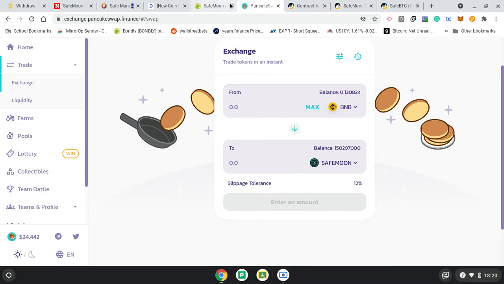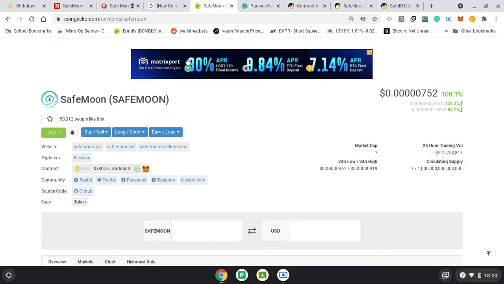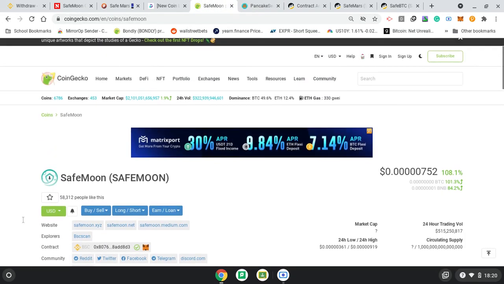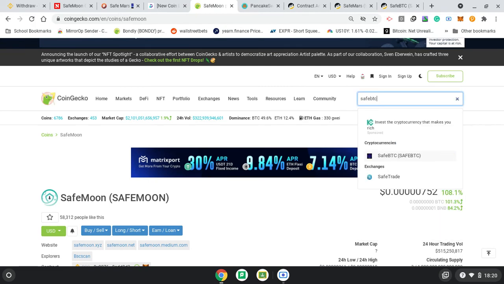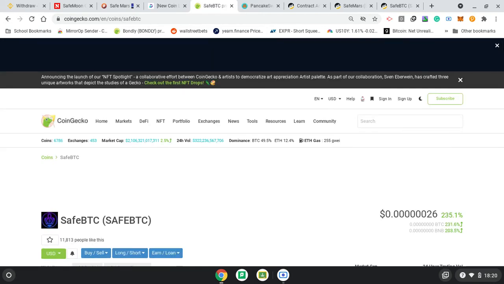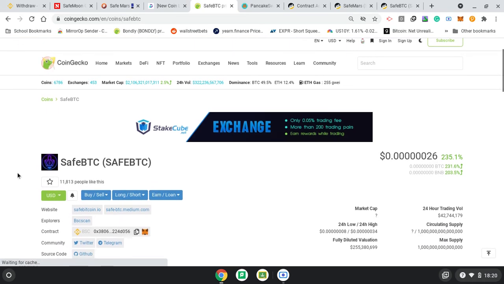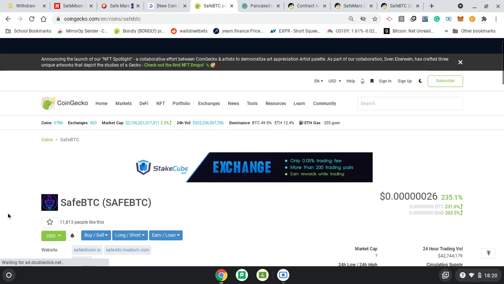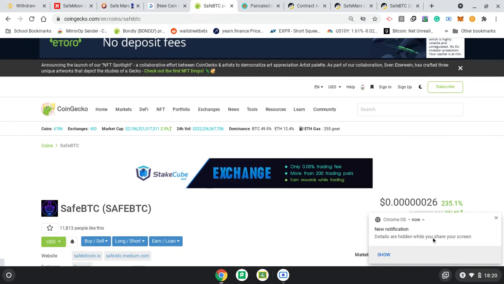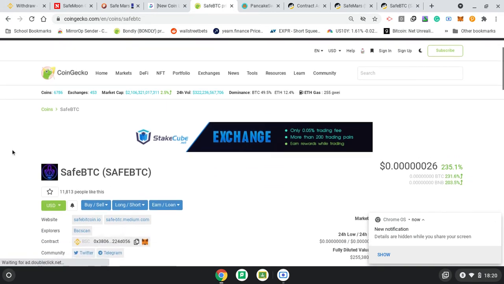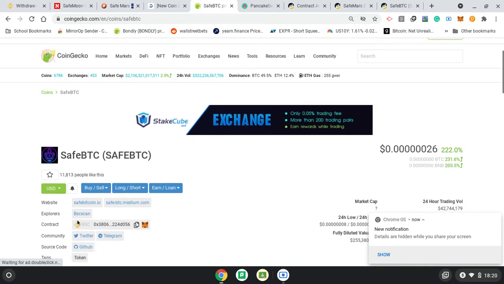Then to get the other ones, again, you would go to CoinGecko and search SAFEBTC. Now, why I'm getting into these is because, remember, this is not financial advice, but this new way of yield rewards has a lot of hype around it, and celebrities pumping things. So you can see that's already come through. That's why it's got a notification, because I'm sharing my screen. So you would go to SAFEMARS, copy this address again